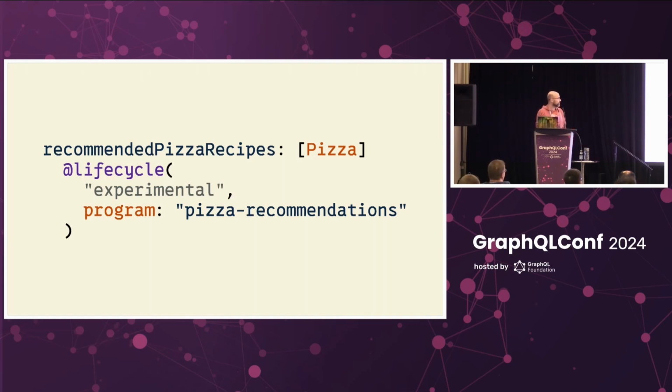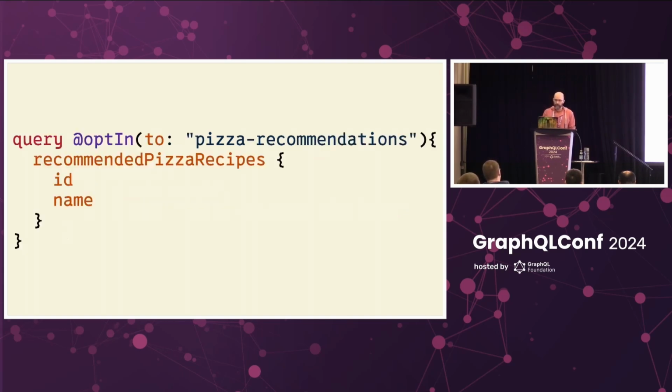If you squint, it's similar to what we actually have in production. But it essentially tags a field as being in a specific lifecycle stage: experimental, beta, or production. And then we tag a program to it to help group a bunch of APIs. This wires up into our documentation, and it's highlighted as, hey, this is an experimental field. The other part that's super interesting is having a client-side directive